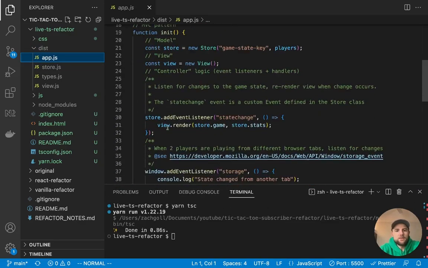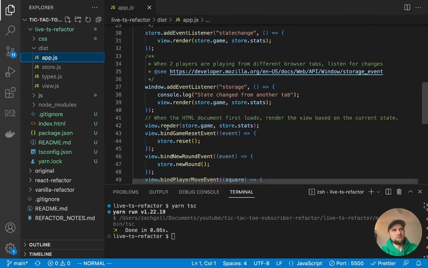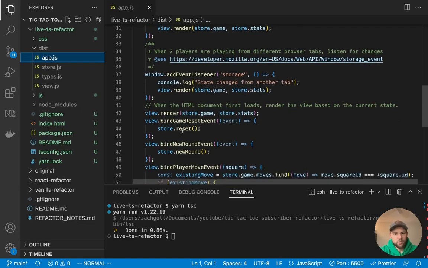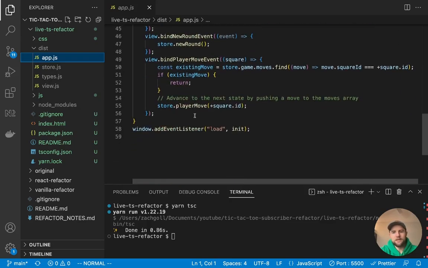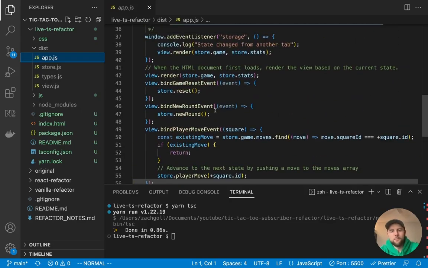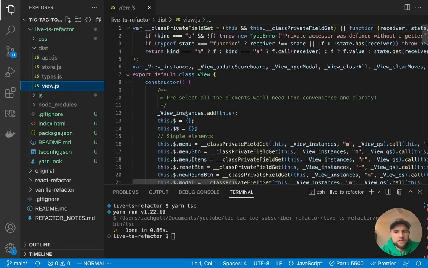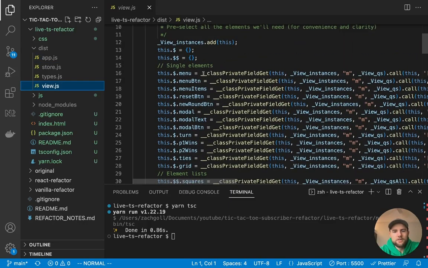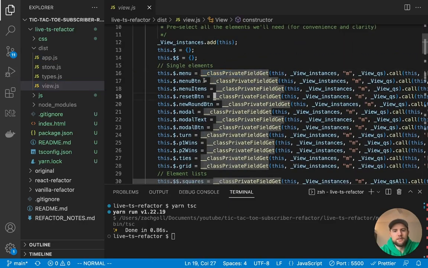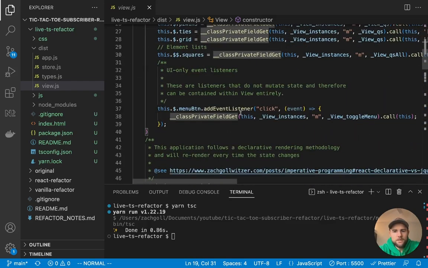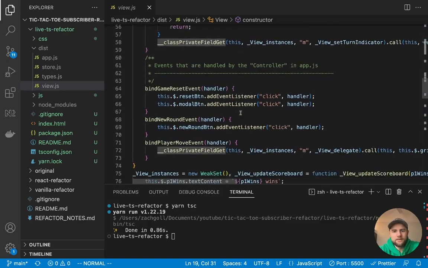And as you'll see, as you read through this, none of it's really minified or anything like that. And our target was ES 2016. So you'll actually see all of these methods that we are using. Let's see if we can find the includes method. Here's some interesting stuff. This is TypeScript dealing with the class syntax and private fields and properties. It has a helper method to deal with that. So that is kind of interesting.